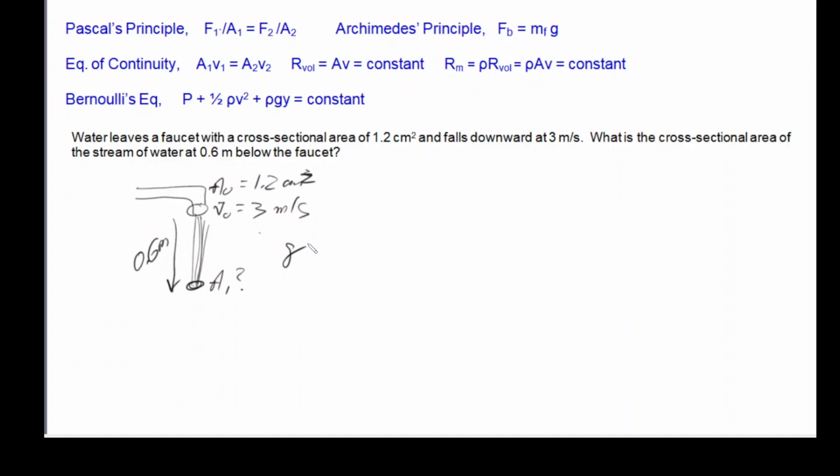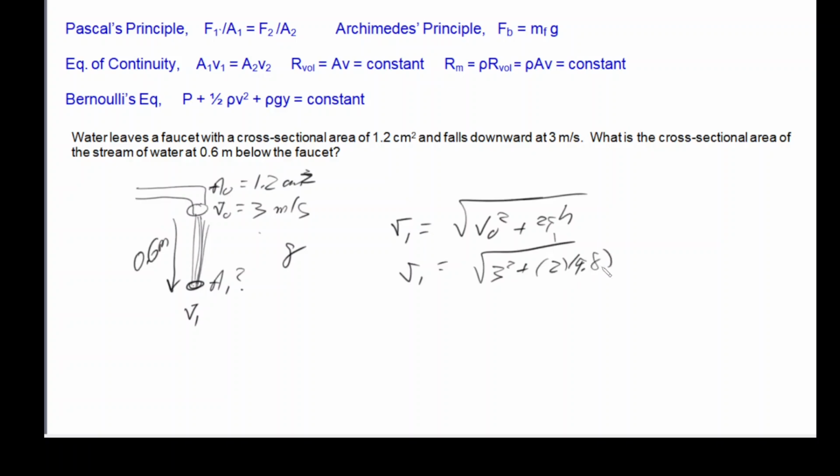So from our kinematic equations of motion, we know that if we call it V1, the water stream V1 is equal to the square root of V0 squared plus 2GH. So V1 then becomes the square root of V0 squared, which is 3 squared, plus 2 times 9.8 times H, which in this case is 0.6, or V1 becomes 4.6 meters per second. So now we know